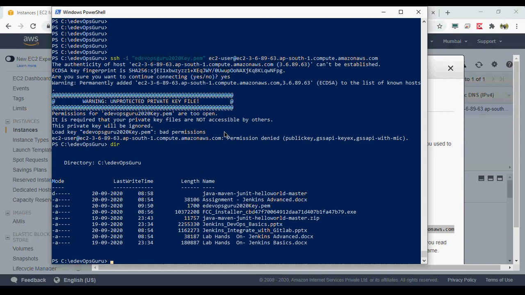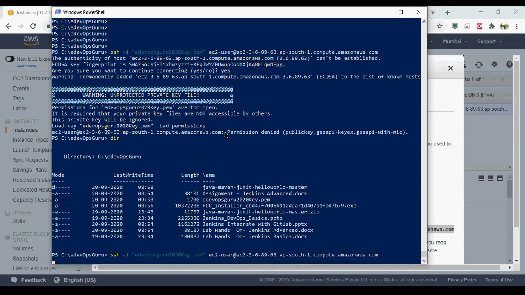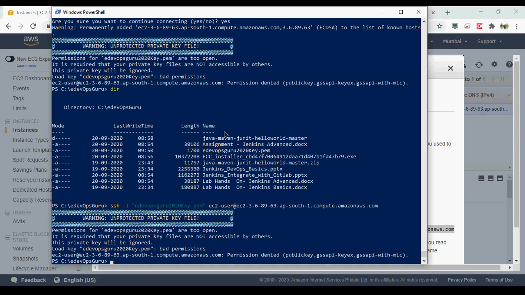So what is the problem? DevOps tool key. You need to change the permission of the PEM file. On Windows, okay. How to do it in Windows?